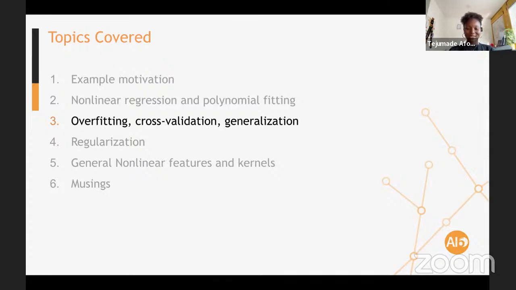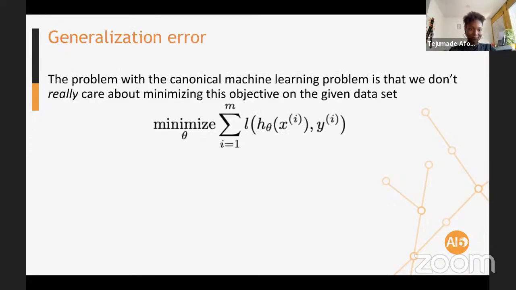So let's talk about overfitting. What is overfitting? And what is the problem it brings to the surface? Usually in machine learning, we really don't care about minimizing the objective on the given data. I give you the data and say minimize it.